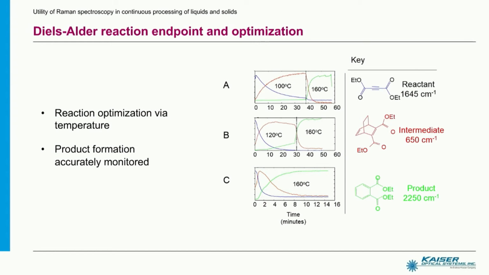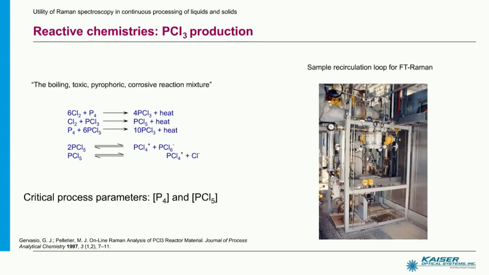And this is another interesting historical example. You can see that the reference is from 1997, and the original paper talks about this boiling, toxic, corrosive reaction mixture, and you really don't want your staff to be exposed to that type of environment. You also want to make sure that your heat generation is controlled. For that, you want to control the amount of phosphorus pentachloride. They started off with batch sampling and offline analysis, and eventually tried FT